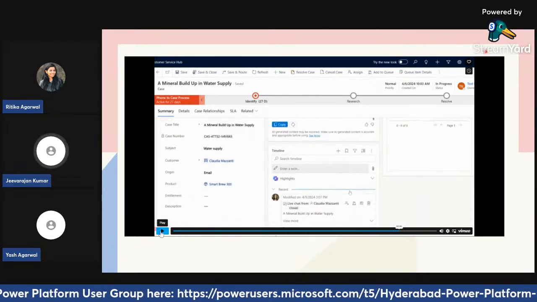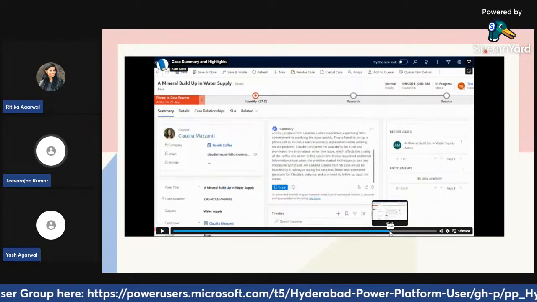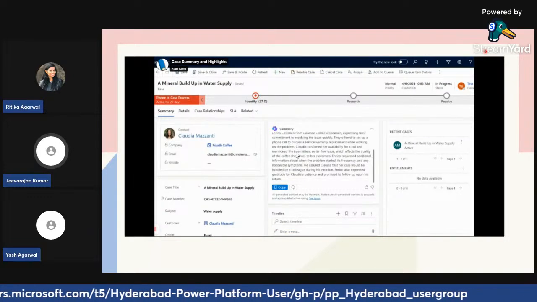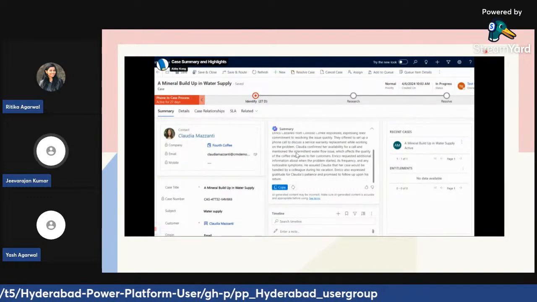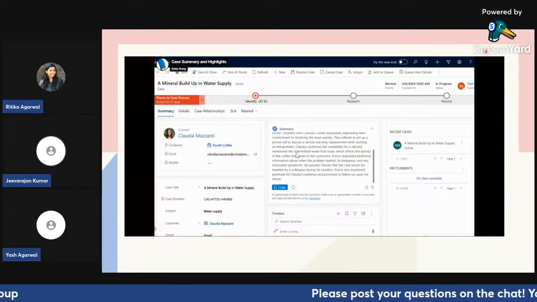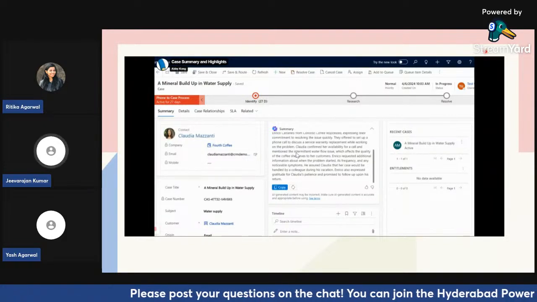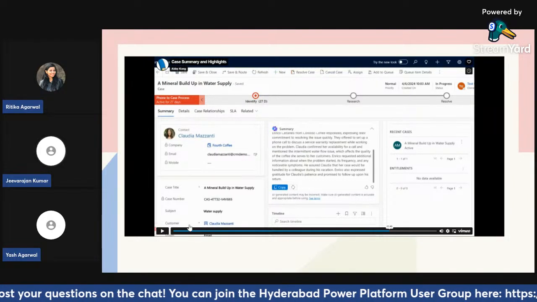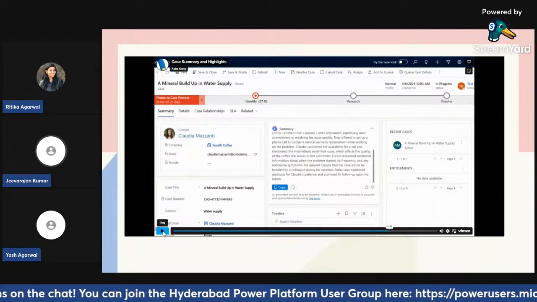This particularly helps the customer service team, let's say, to generate a report or email, or talk to a customer, a supervisor, or a subordinate. In this way, they get the 360 view of the particular case within a matter of seconds, and they can use it for the next steps.